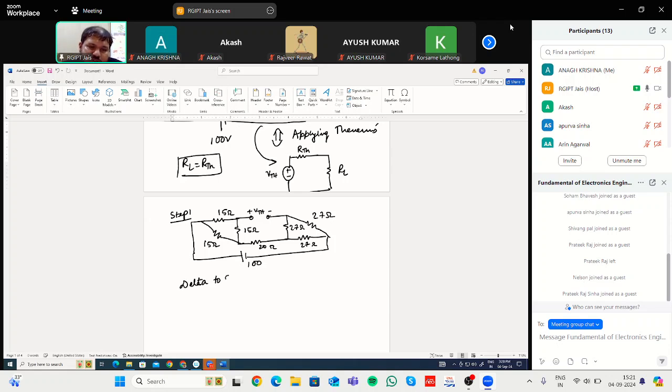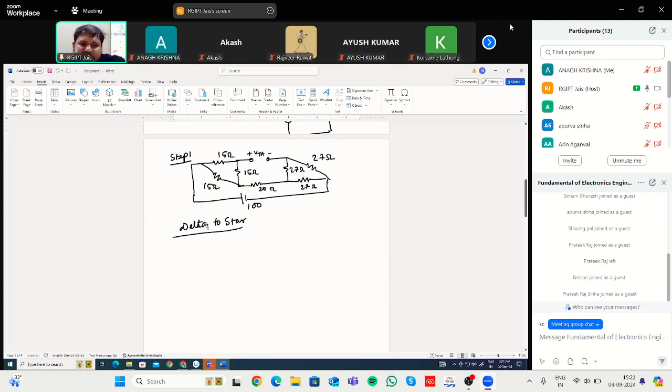Delta to star. And if we study this, we will also study star to delta. In some circuits, if you transform from star to delta, it will be easier. In this circuit, if you transform from this, that means instead of this, okay. So how does this delta circuit look? It looks like this. Whenever in a circuit, you will get this type of a